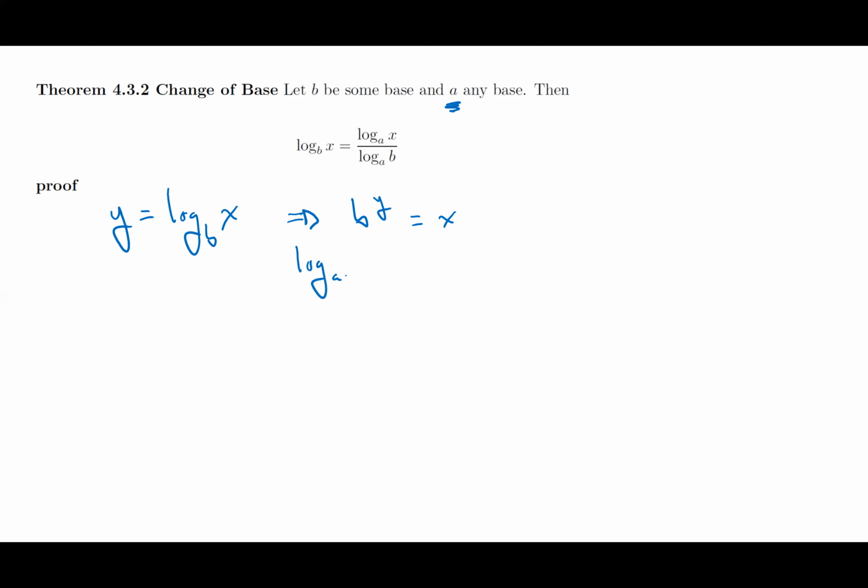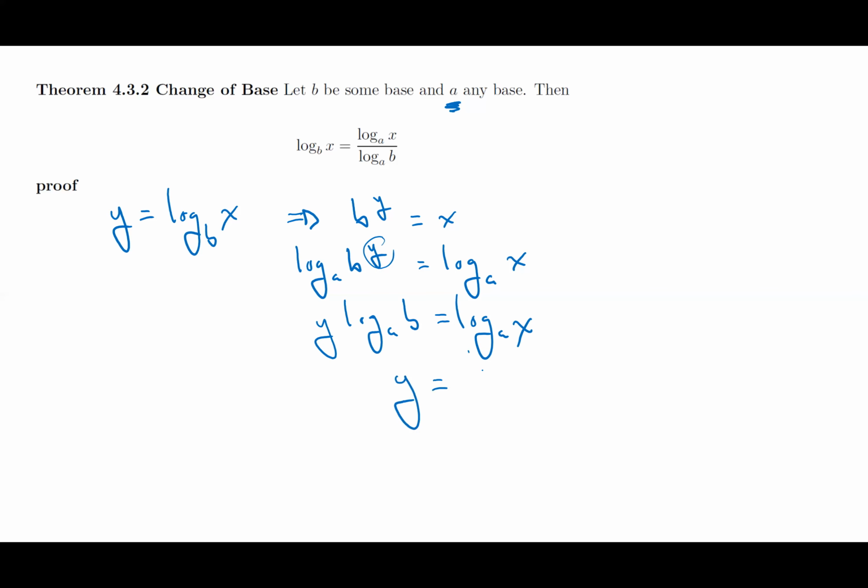So I have log base a of b to the y equals log base a of x. Well, what can I do with this exponent of y? That's right, it becomes y times log base a of b equals log base a of x. And so if I divide both sides by log base a of b,